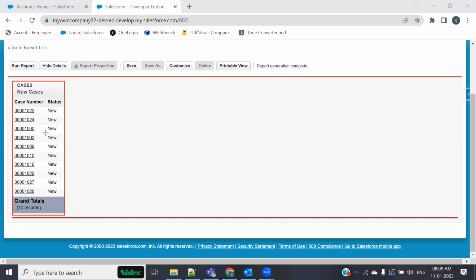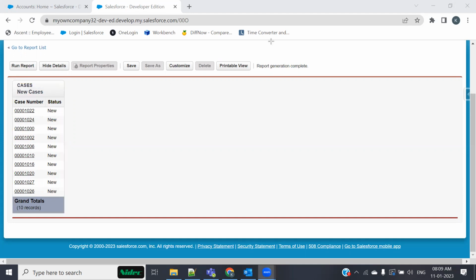You can bring certain more columns if you want. You can definitely bring some more columns over here. I just restricted to 2 columns because I wanted to make it simple. Otherwise, you can bring as many columns as you want. That's up to you. So in this block, in this report, I am looking at only those cases where the status is new. That is the reason I have given the name as new cases.